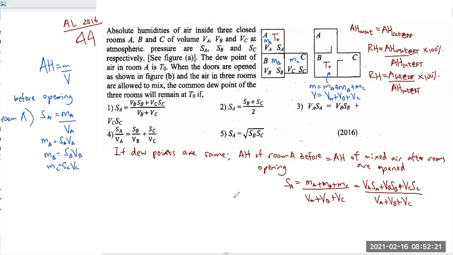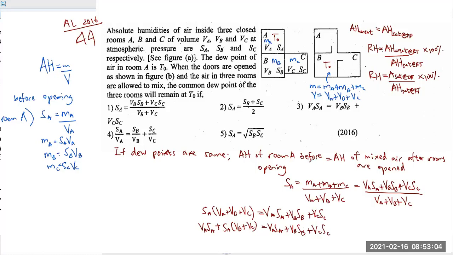So I think we might have to cross multiply. If I cross multiply, I'll be getting SA times VA plus VB plus VC, and that is equal to VASA plus VBSB plus VCSC. On the left side, you should expand the bracket. VASA we'll write the same way, plus, the rest I will write like this, see if you can understand: SA will be written as VB plus VC, because I see VB plus VC together. So SA into VB plus VC equals, on the other side, VASA plus VBSB plus VCSC.